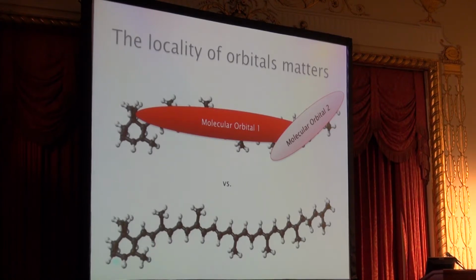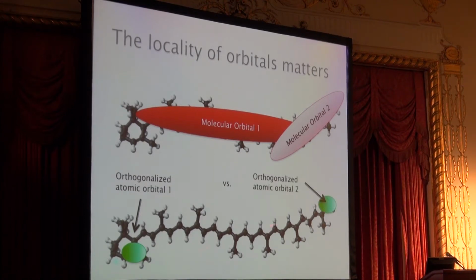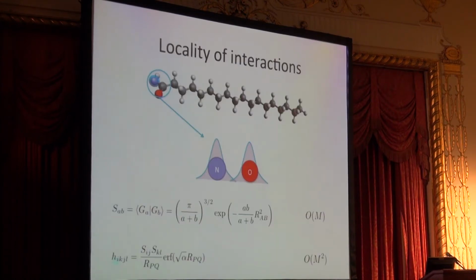So if you go back to those linear scaling quantum chemistry methods from the 80s and the 90s, you find out, well, you can do something called orthogonalized atomic orbitals. You take your atomic orbitals, orthogonalize them, and now you have a basis where this guy doesn't talk to this guy, right? So let's just build the quantum chemistry Hamiltonian in that basis and analyze the scaling, and that's what we did. So if you take a look at, for example, how these two oxygen and nitrogen atoms will interact with each other, and we use what is called a Gaussian basis, the preferred basis in chemistry,